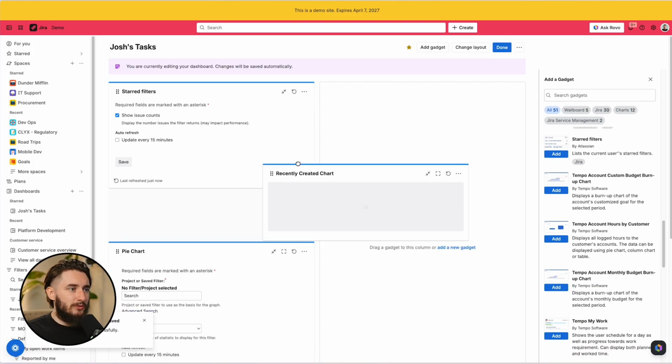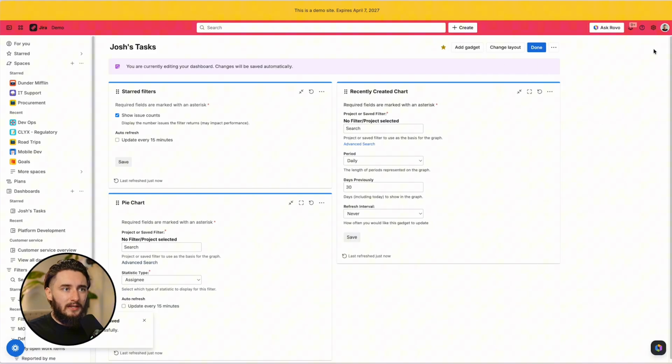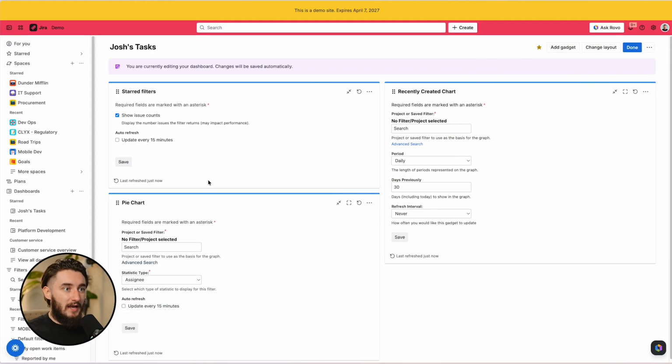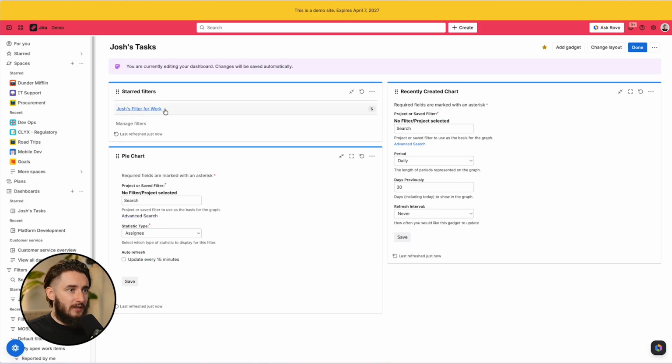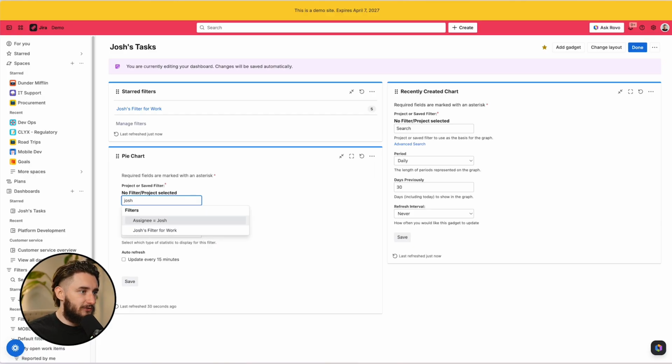Let's go pull recently created to the right side, and we'll close this panel out, and we'll add some configurations to actually show us what is in this information. So start filters we'll leave as is, show the issue counts, save. I only have one and my issue count is 5, super cool. Now I could select a filter and I could search for Josh's filtered work,